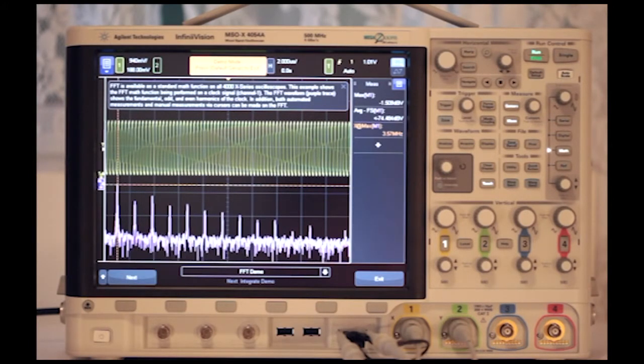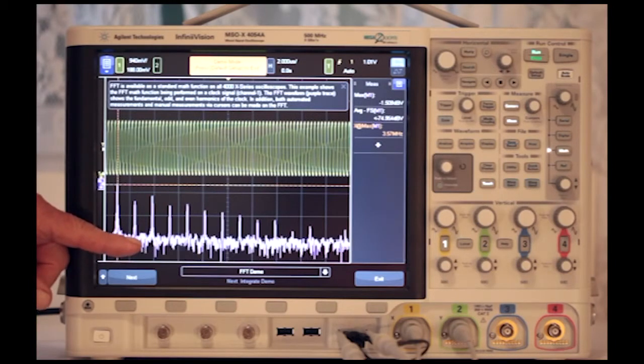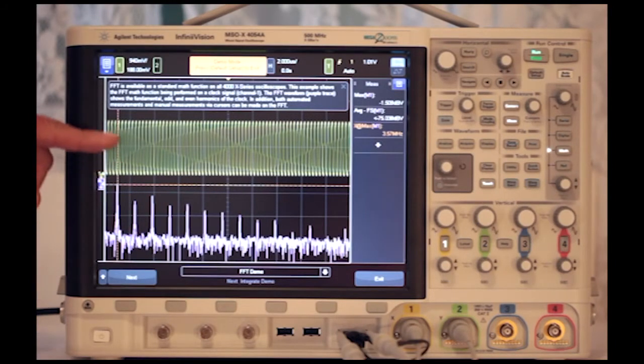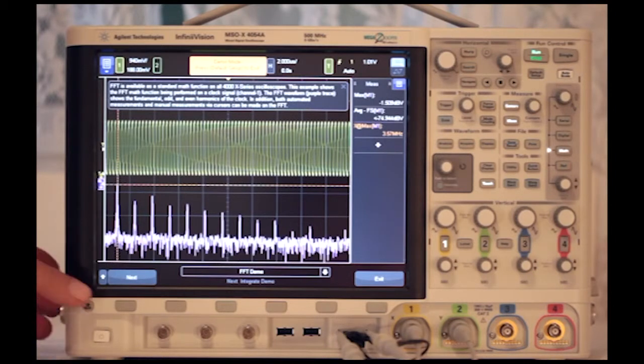Only one channel is required for this operation. The frequency domain, shown in purple, is the FFT translation for the time domain signal, which is shown in yellow because it comes in through channel 1. Touching the on-screen button labeled Next,